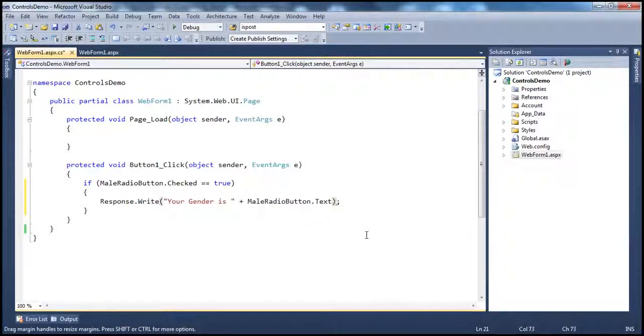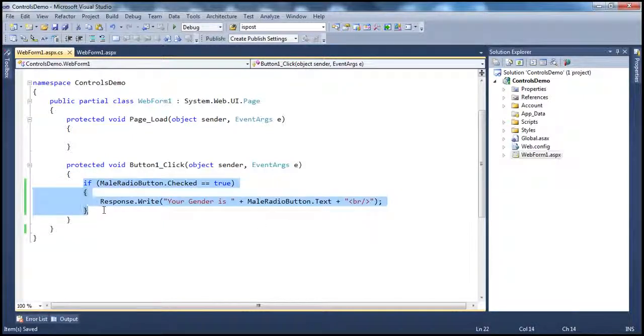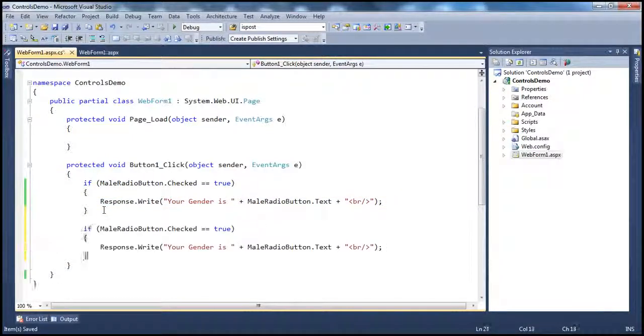And then just to display this properly, we can use the HTML break element so that each response is written in its own line. Alright, so if the male radio button is checked. On the other hand, if the female radio button is checked, then we want to say so. So if female radio button dot checked is equal to true, then your gender is female radio button. Along the same lines, if unknown is checked,